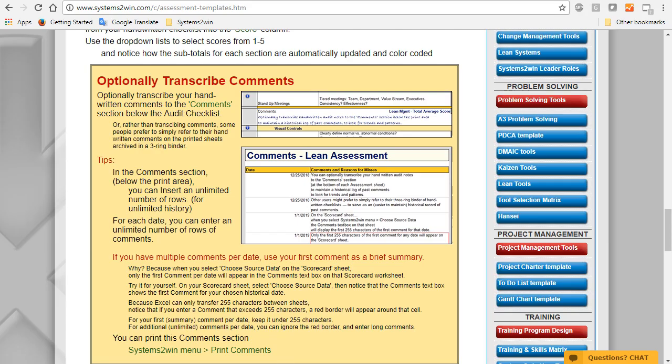Now for each date, you can enter an unlimited number of rows of comments. But if you have multiple comments per date, it's a really smart idea to use your first comment as a summary, and we'll show you why in just a moment when we get to the training for the scorecard sheet.